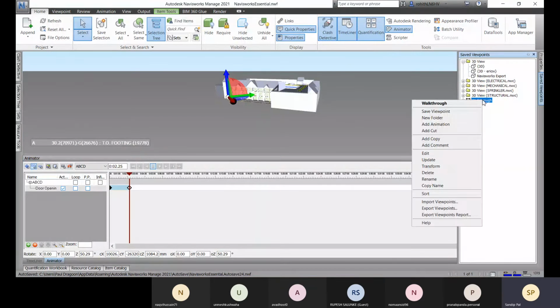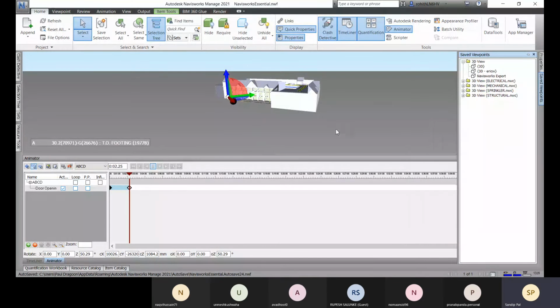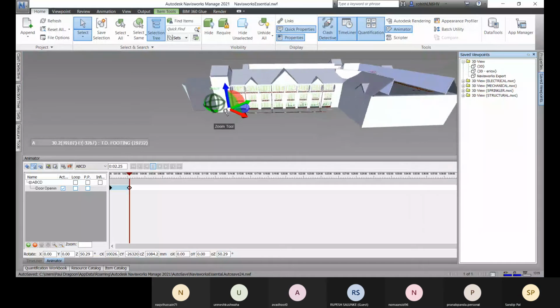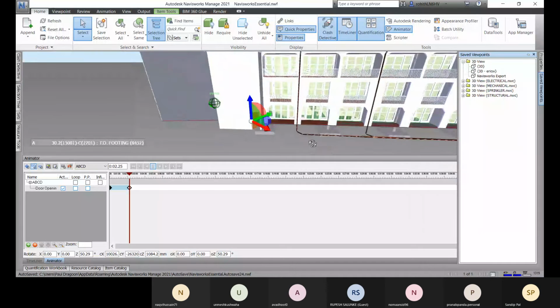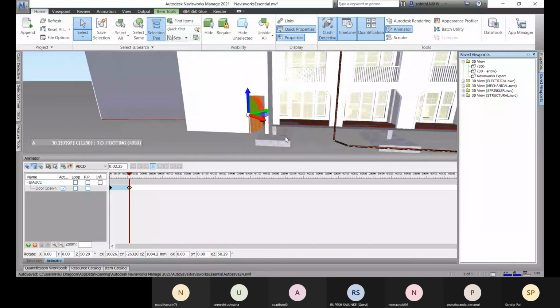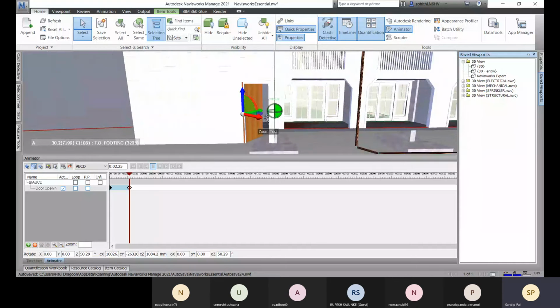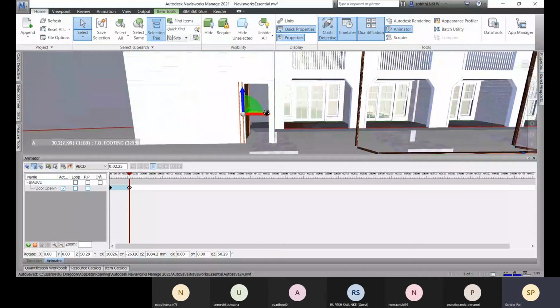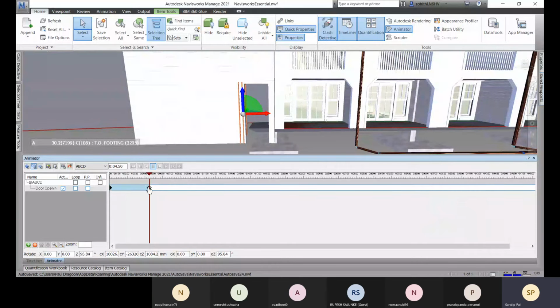Let me just delete this one. This keyframe is added, and again I will rotate it. And at that point, let me add another keyframe over there. And after that, you can move this also. This is the keyframe, and this one is the keyframe.